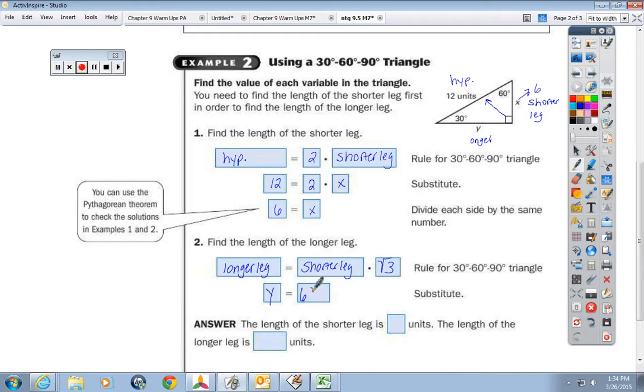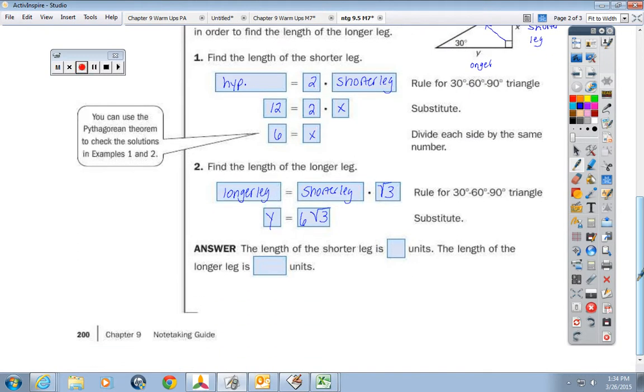Now on this example, guess what? They let you leave it like that. Now if you wanted to go ahead and find what the square